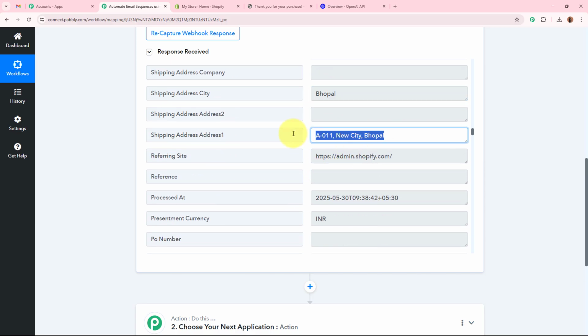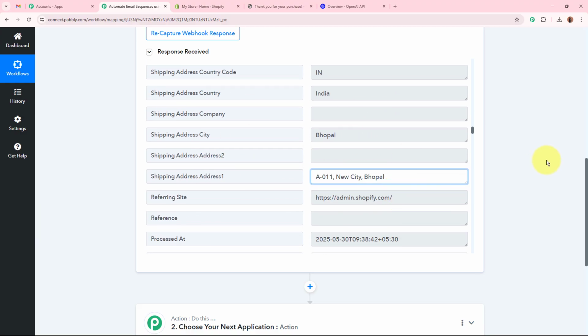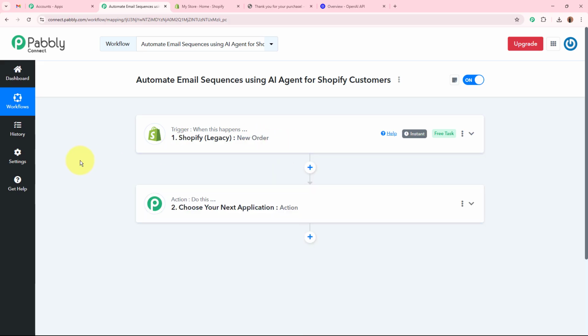Address is A001 New City Bhopal with all the other details. Okay. As now the response has been captured in my trigger, this means that Shopify is connected to Pabbly Connect and our trigger setup is done. As now we have received the response of the new order using the detail of my customer and the orders,